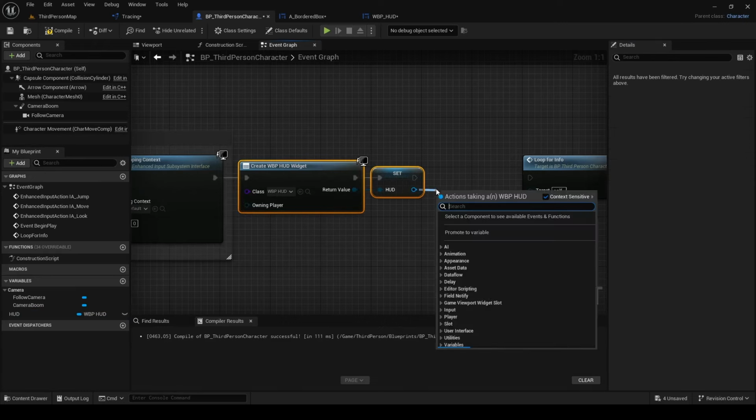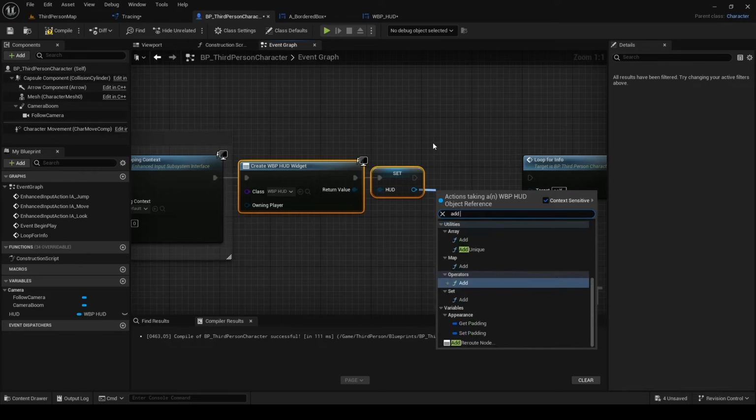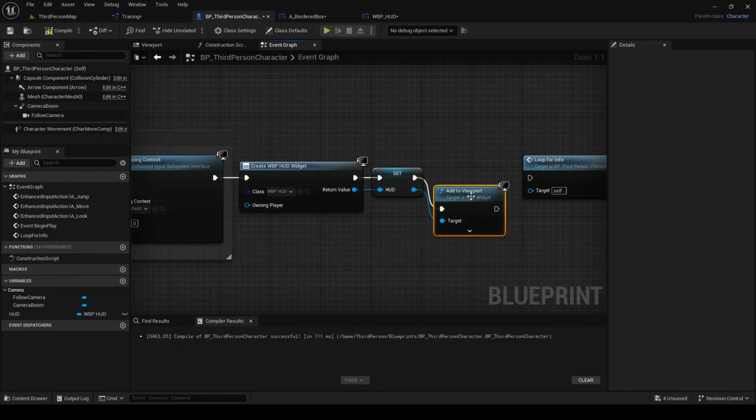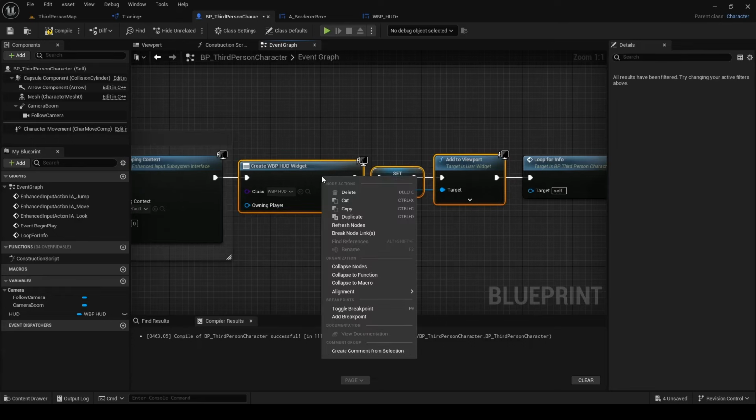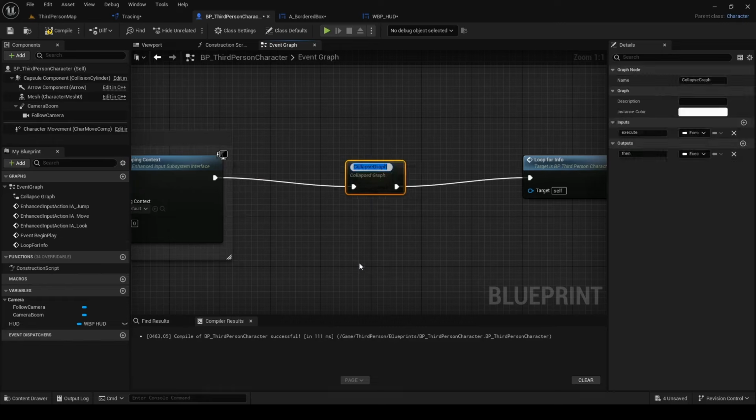Out of it search for add to viewport and after it finally execute loop for info again. Because there is nothing to change here in the future, we can clean it up a bit. Select all three new nodes, right click one of them and select collapse nodes and name it setup HUD.